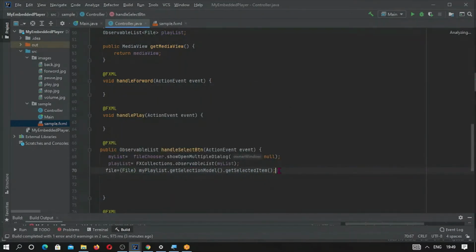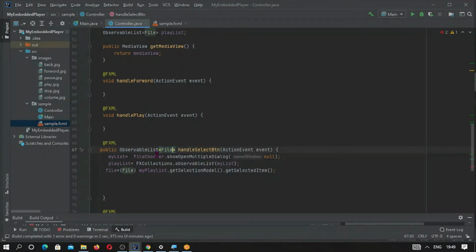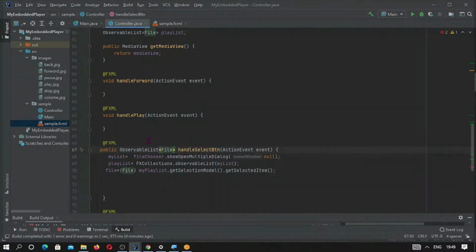So what we have done so far: we have created a method, and this observable list of type File will be returned. Sorry, there should be a class name here. So this observable list will be returned from this method. And why are we returning anything from a method?